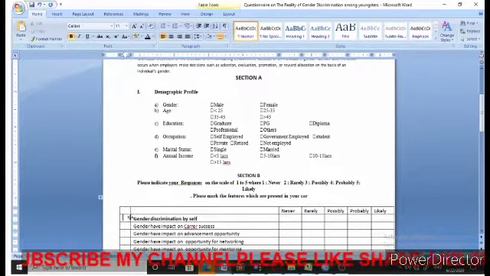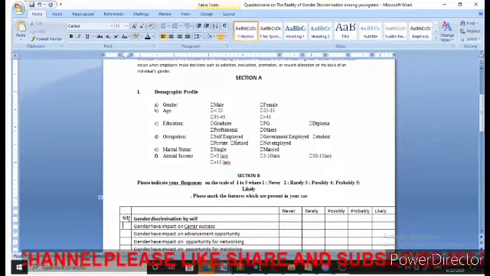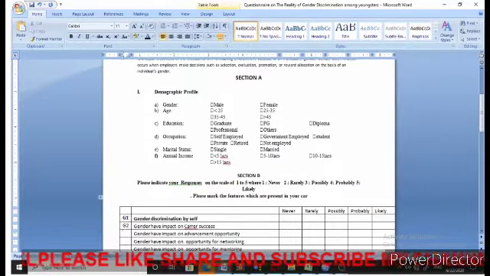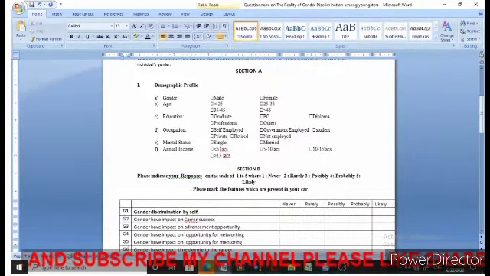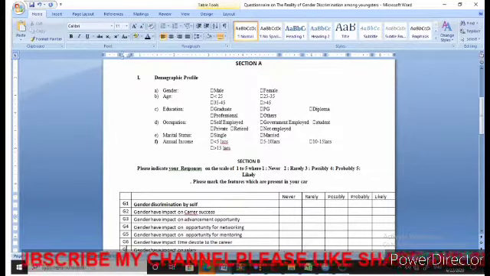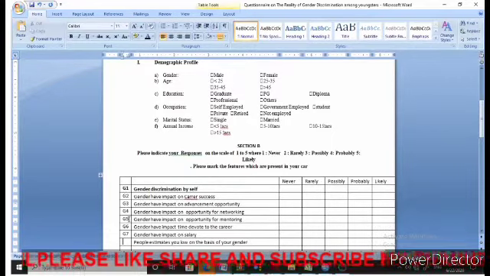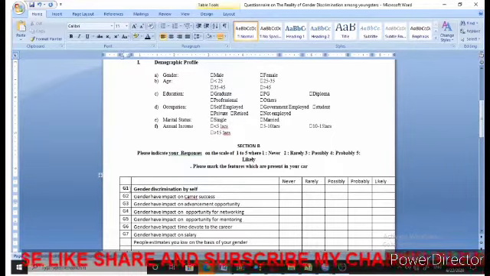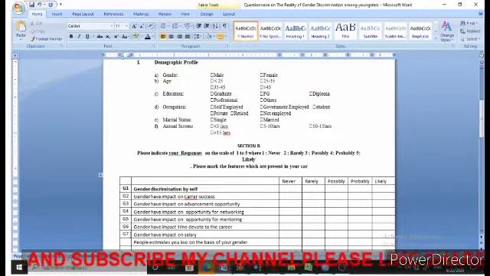So let's say I assign it as gender discrimination, so I assign it as G1, G2, G3, G4, G5, G6, G7, right? They all have the impact of gender on career. So let's say that I have defined this as G1, G2, G3, G4, G5, G6, G7.